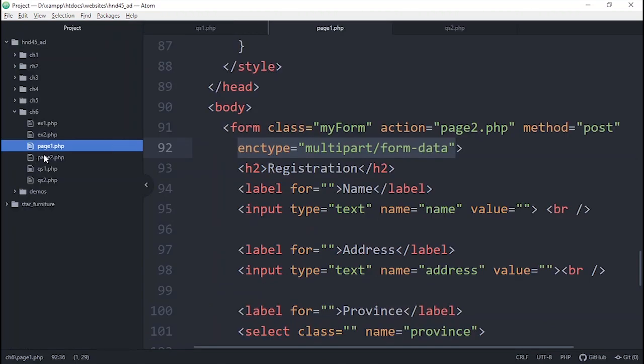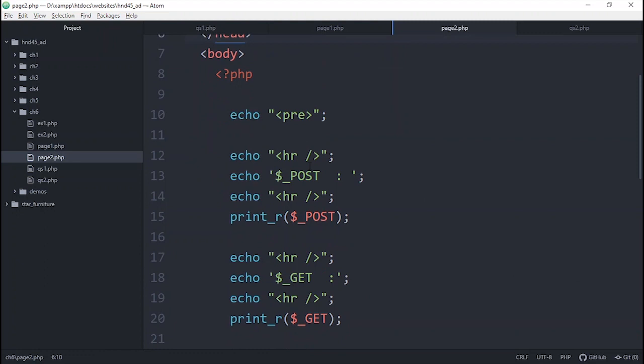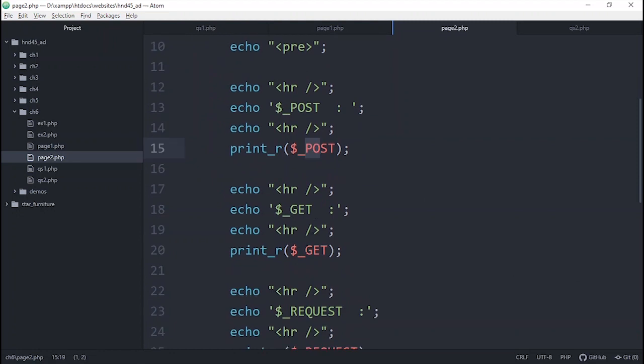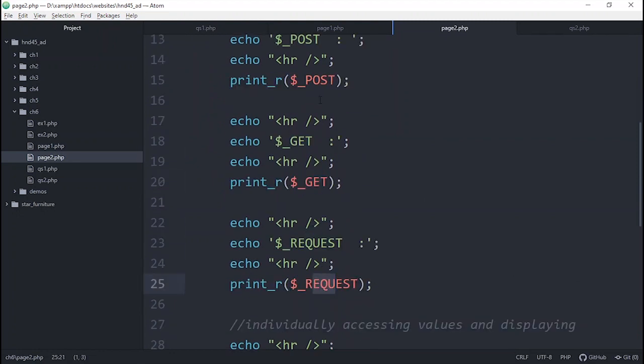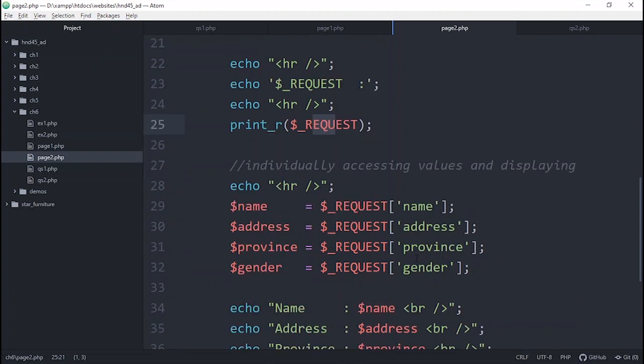That information we learnt. Once the information is received in the next page, we need to make use of the post, get and request built-in associative arrays. These are the arrays which get the values copied into them, so we can access them as we want and use them in our programs.